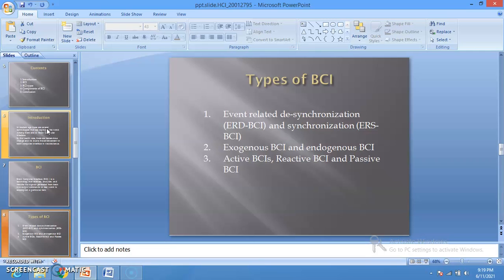That means in event-related desynchronization, there will be a reduction of EEG, and in the case of event-related synchronization, there will be an enhancement of electroencephalogram signals. About the exogenous BCI and the endogenous BCI, they are based on the input signals